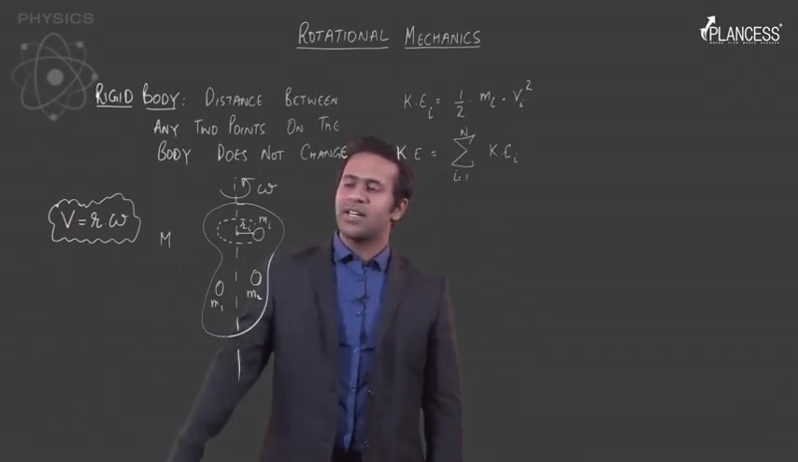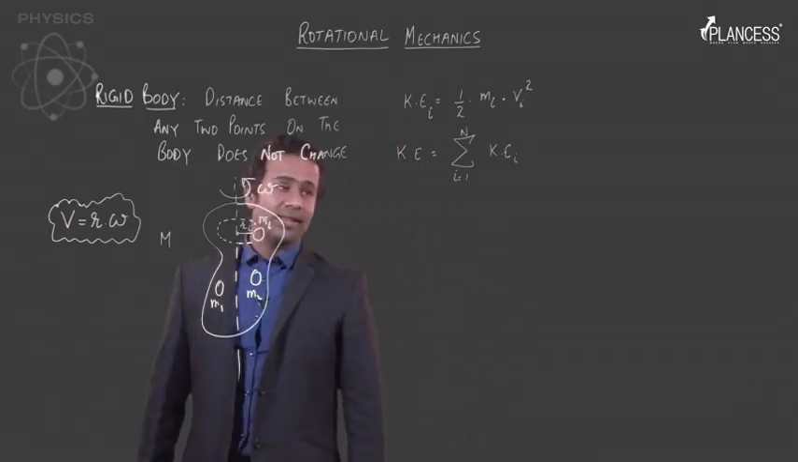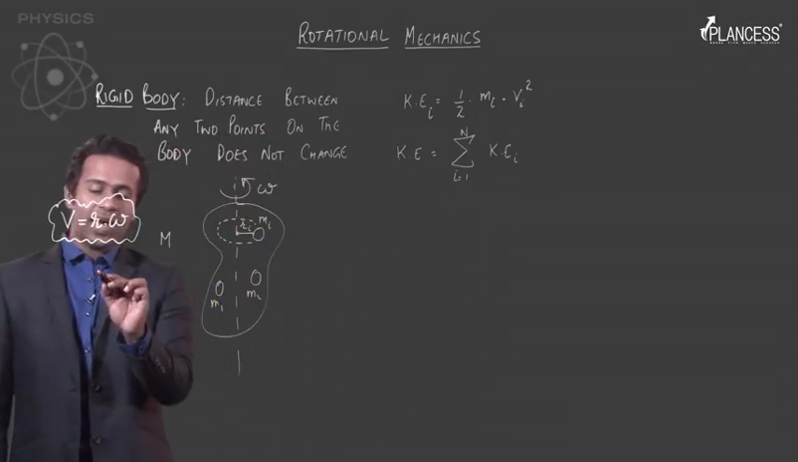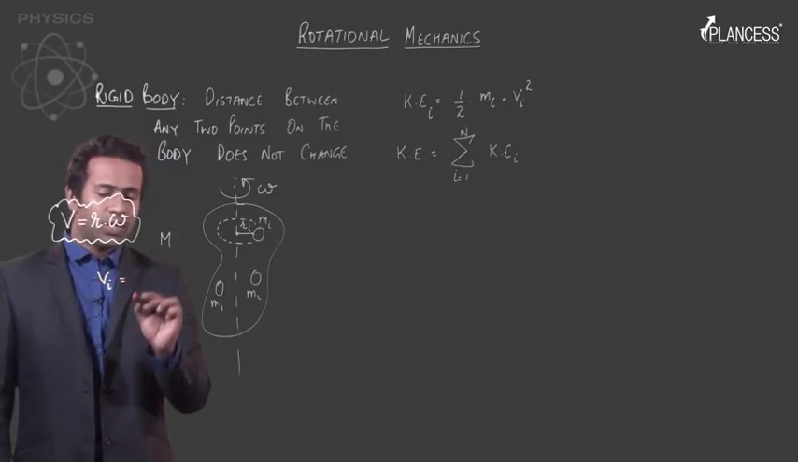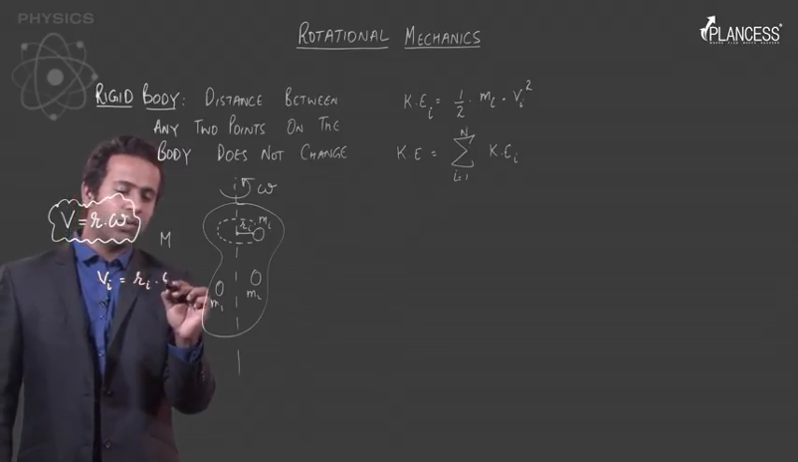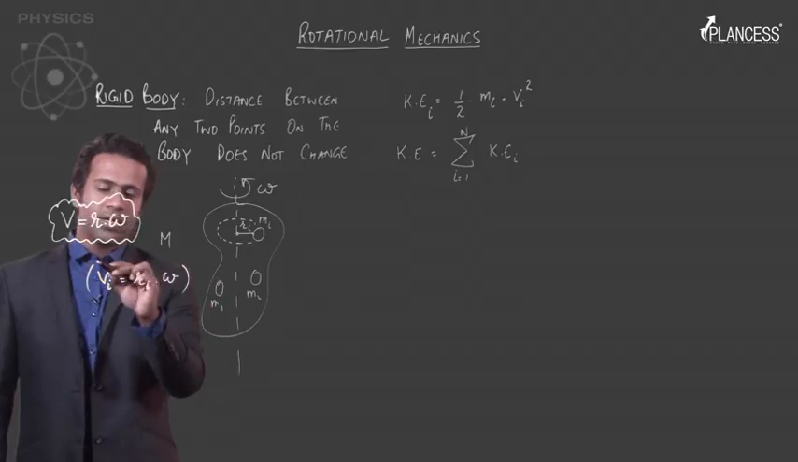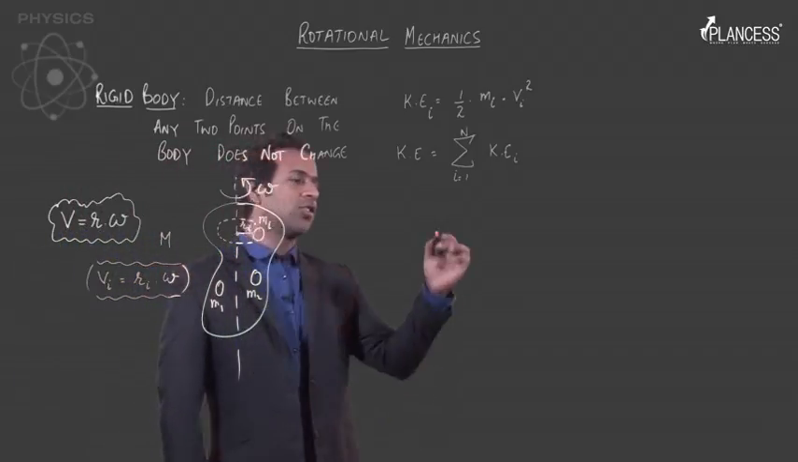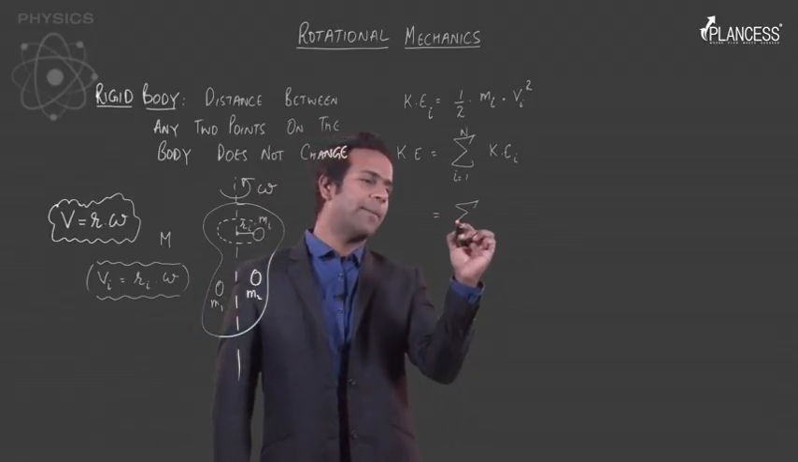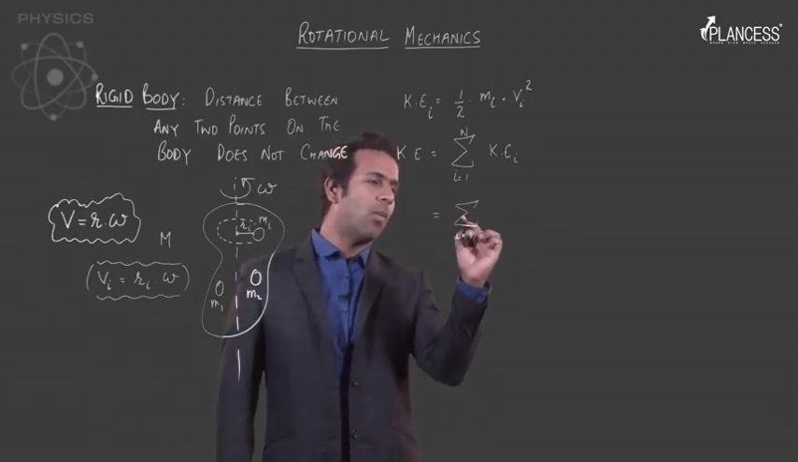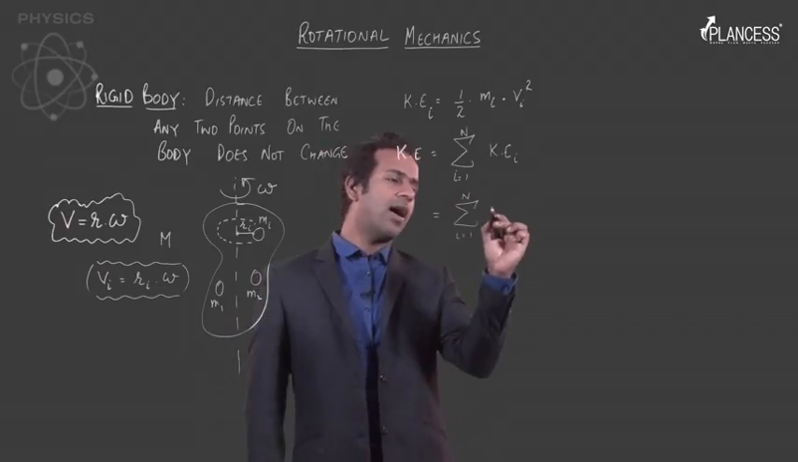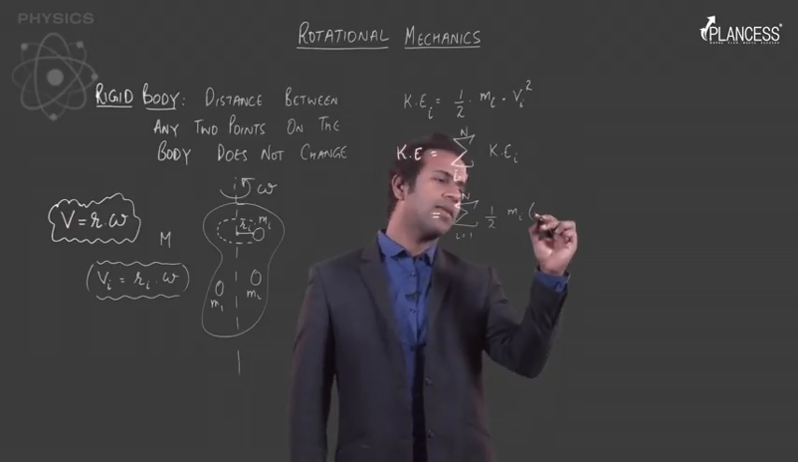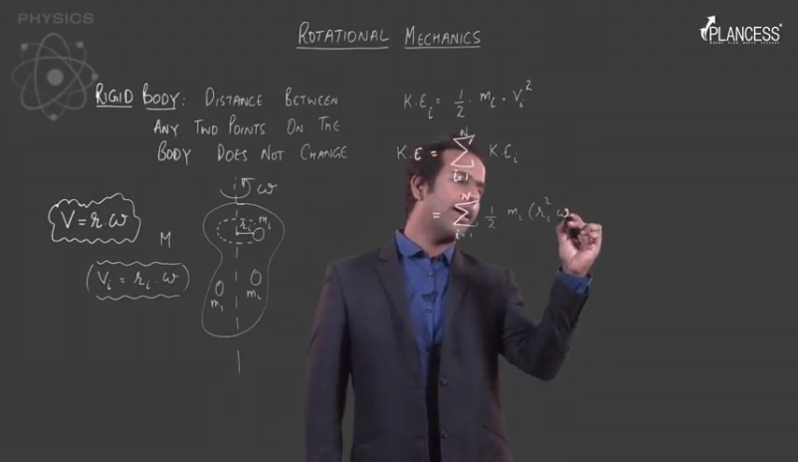So if we use such a relation, we can write that the translational speed, the tangential speed Vi is equal to the radius Ri into omega, right? So we can write this expression for this ith particle. So this equation can be written as summation of i from 1 to n, half into mi into Ri square omega square,